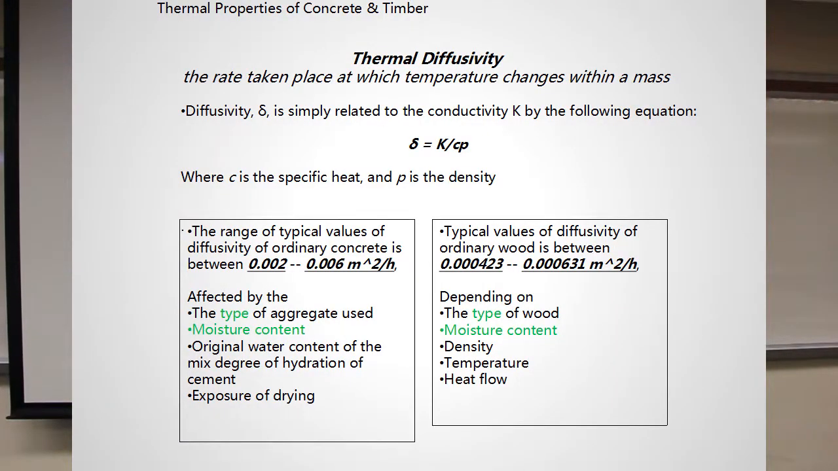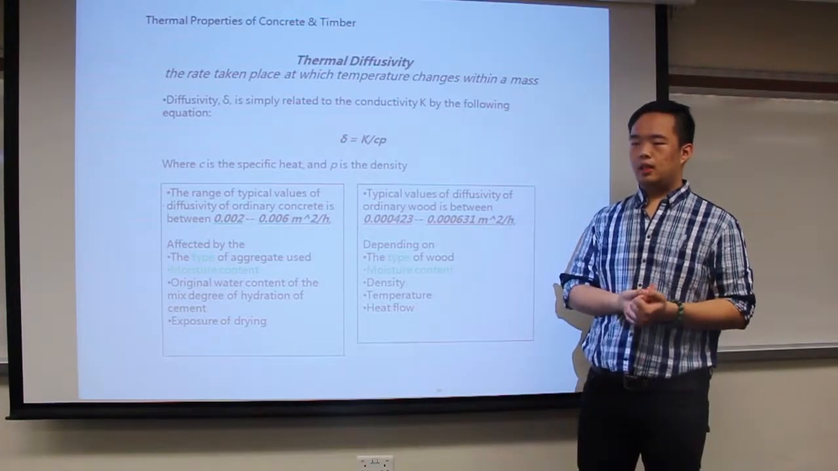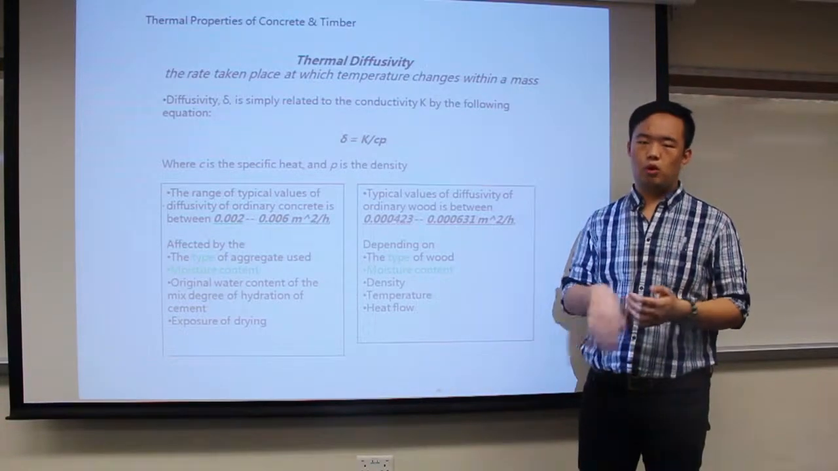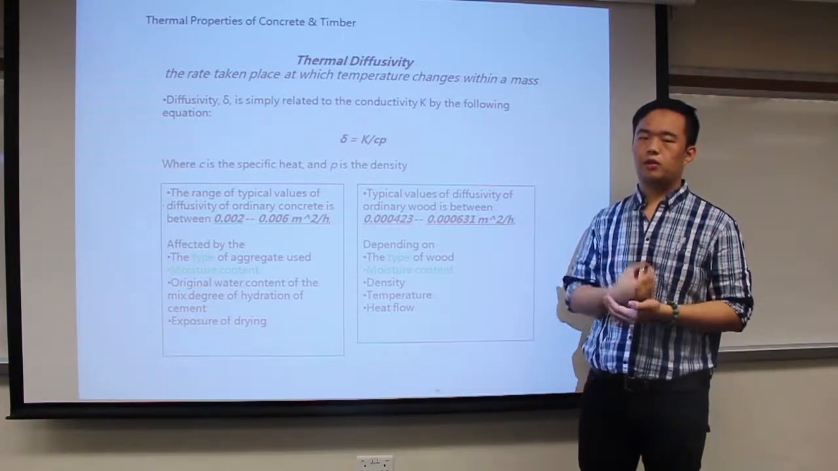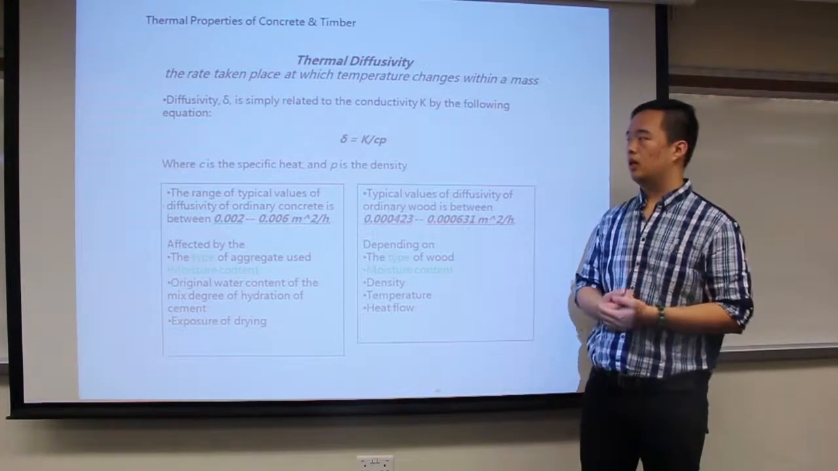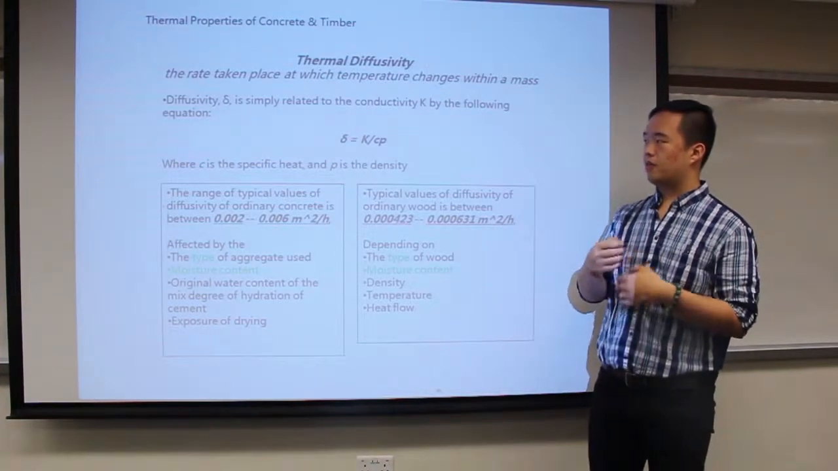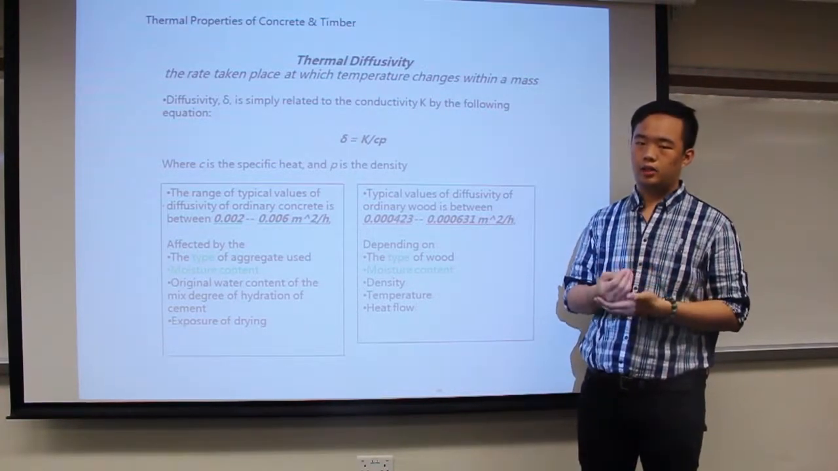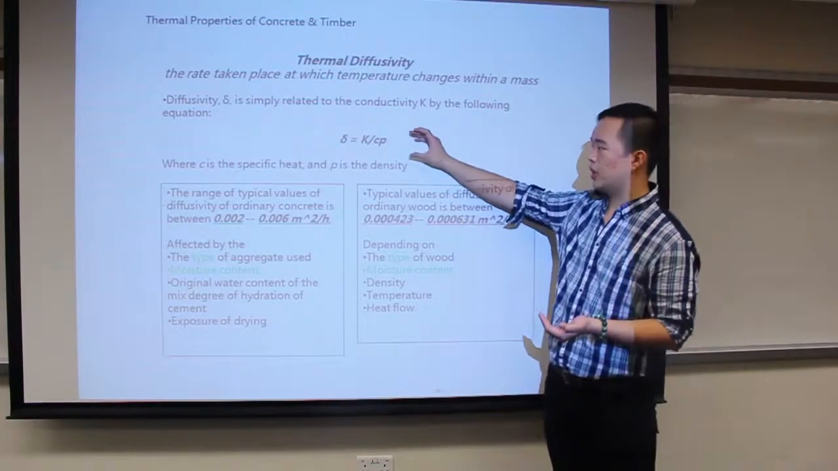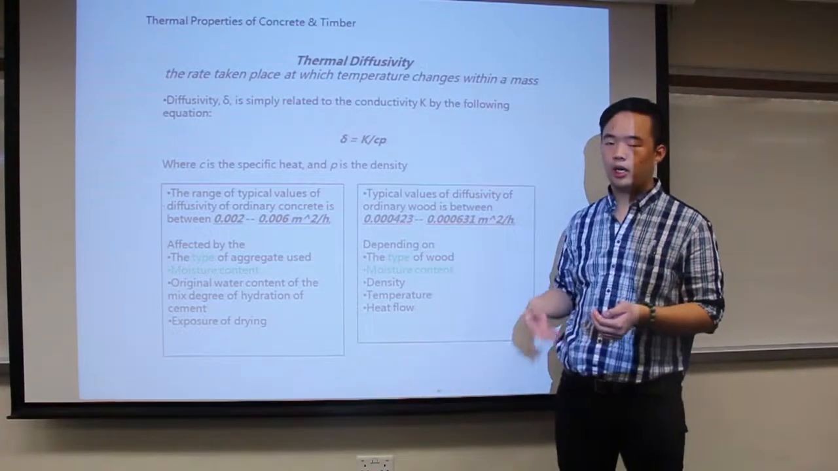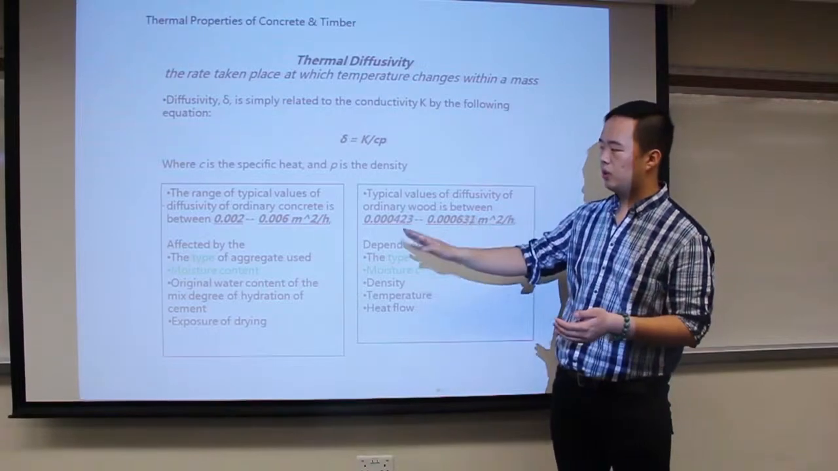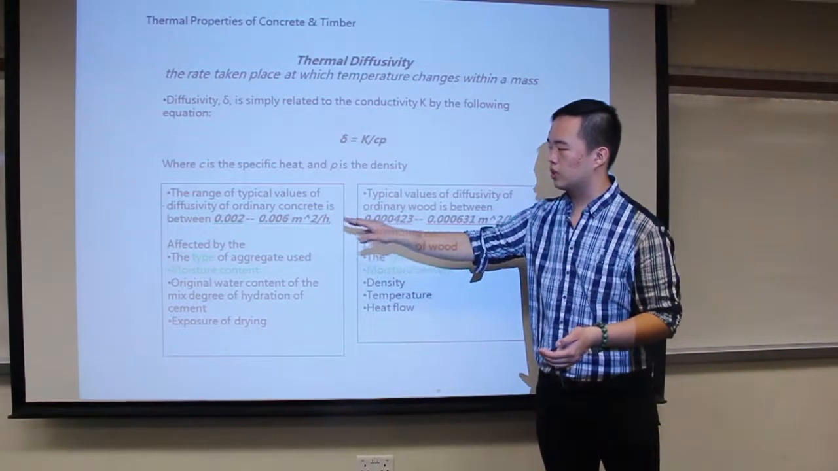So the third thermal property we will talk about is the thermal diffusivity, which means that the different parts in a mass will always have the tendency to reach the same temperature, and the diffusivity means the rate of this process. And we can see the diffusivity is simply related to the conductivity. And in this equation, we can see the correlation. And the range for the typical value of diffusivity of ordinary concrete is between 0.002 to 0.006